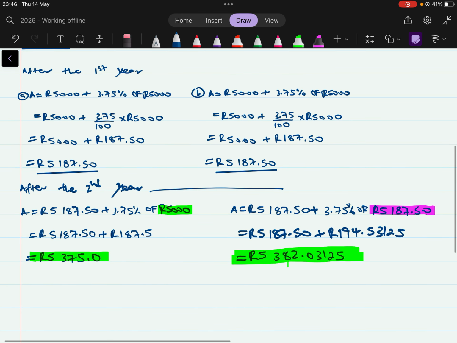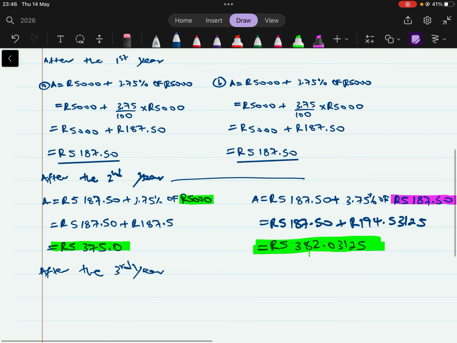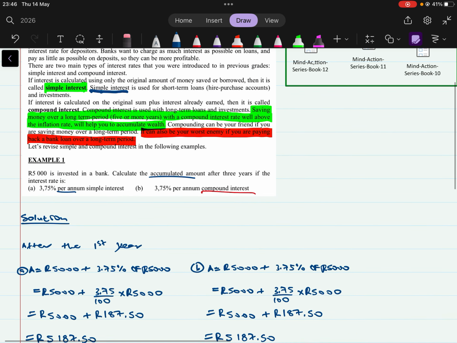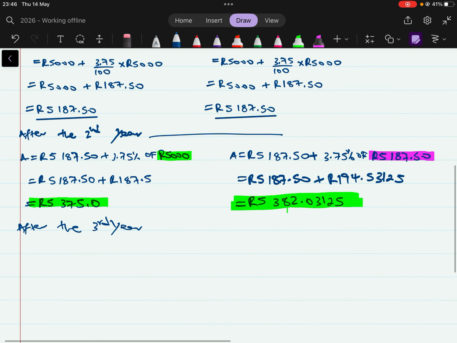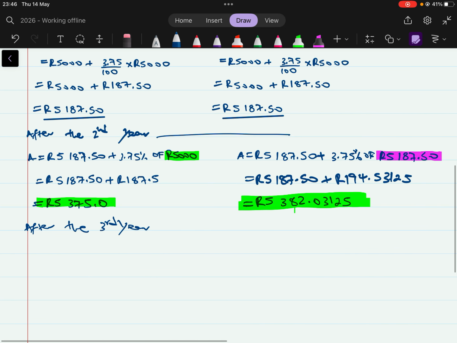So let's do the last calculation to see after the third year, how much will this amount be? Okay, because the calculation was asking us to calculate the accumulated amount after 3 years. So we are looking at the third year, which is year number 3. So the accumulated amount after 3 years with simple interest is going to be what you have at the beginning of that year, which is